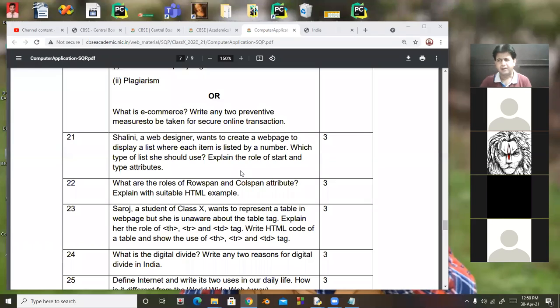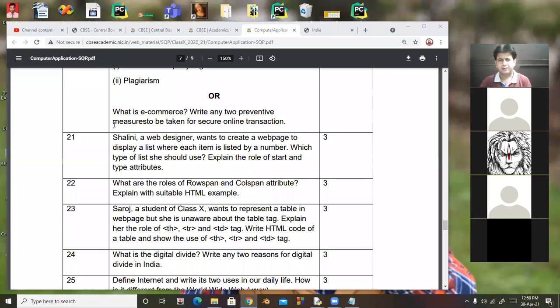Yes, sir, numbered list. Here, a web designer wants to create a web page to display a list where each item is listed by a number. Which type of list should she use? Explain the role of start and type attribute.